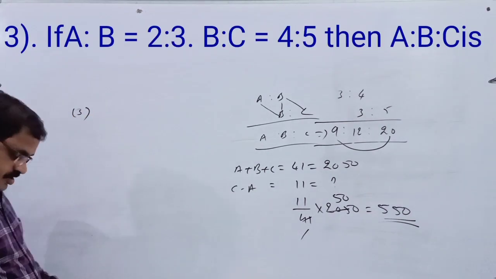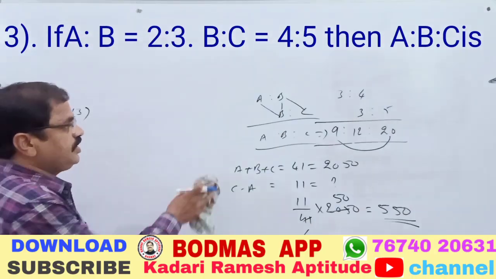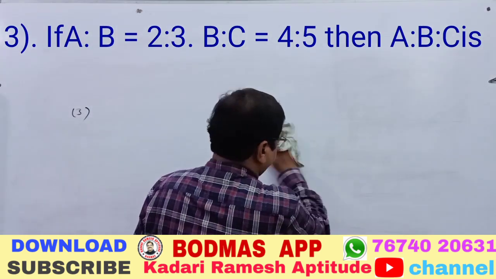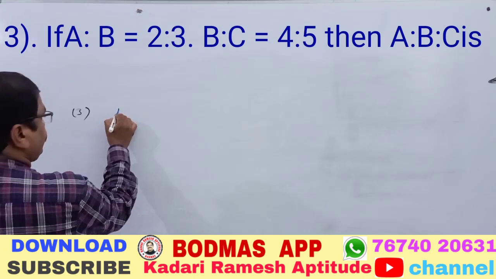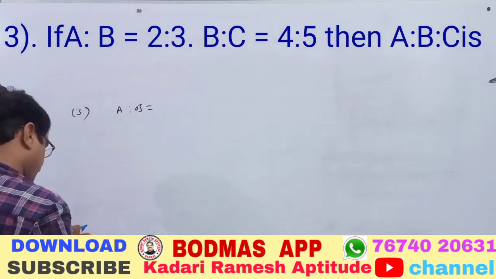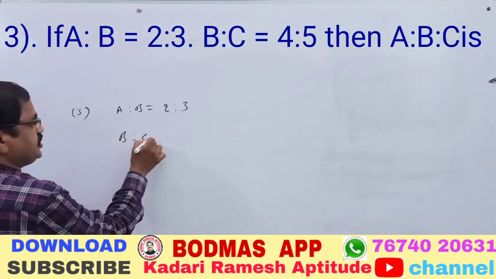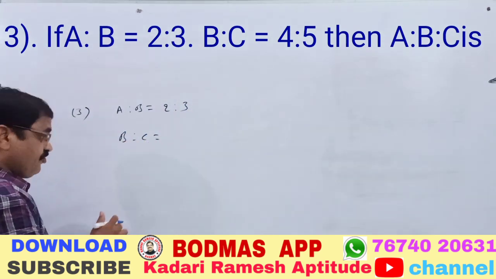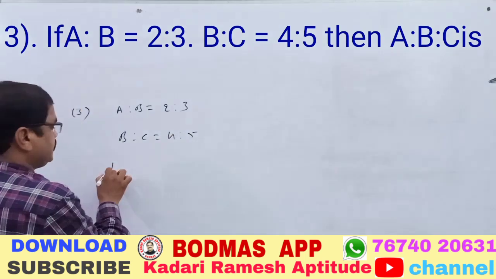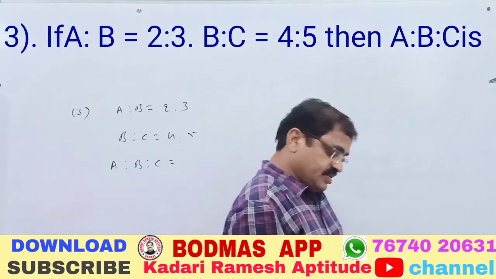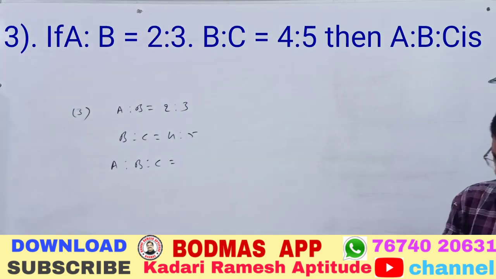Question number 3: A is to B is given as 2 is to 3, and B is to C is given as 4 is to 5. Now we are asked for A is to B is to C. Whenever asked like this, the simple method is,